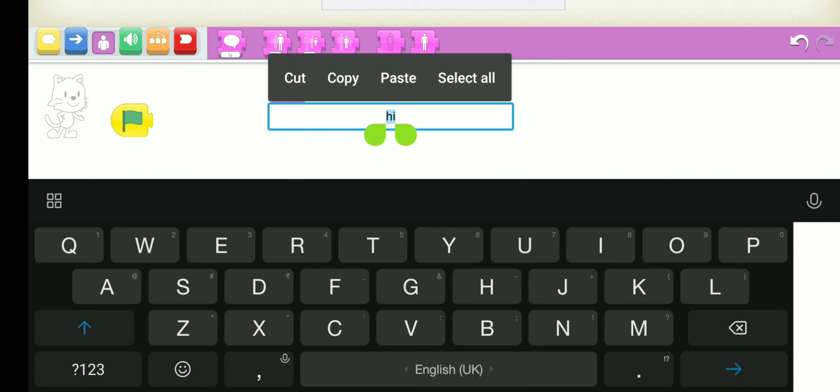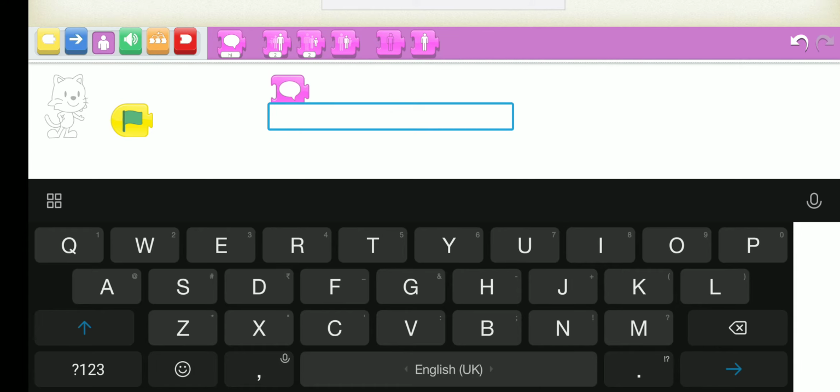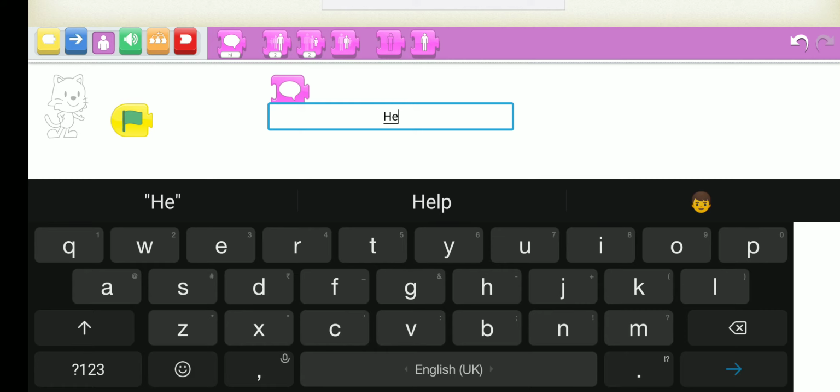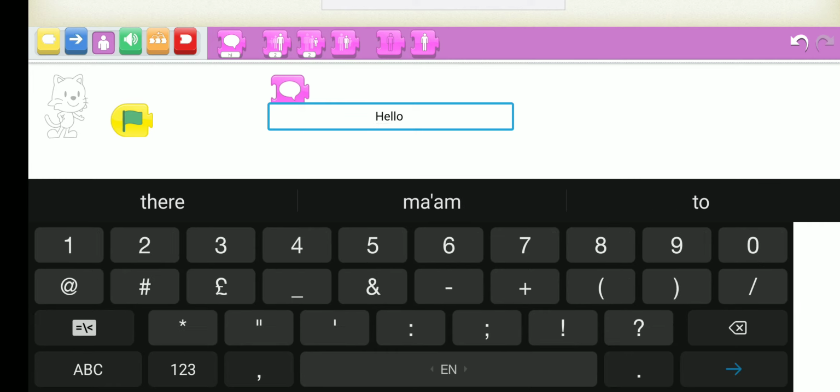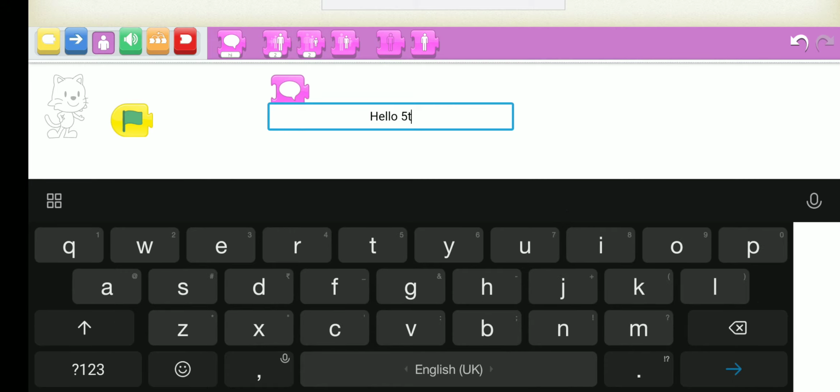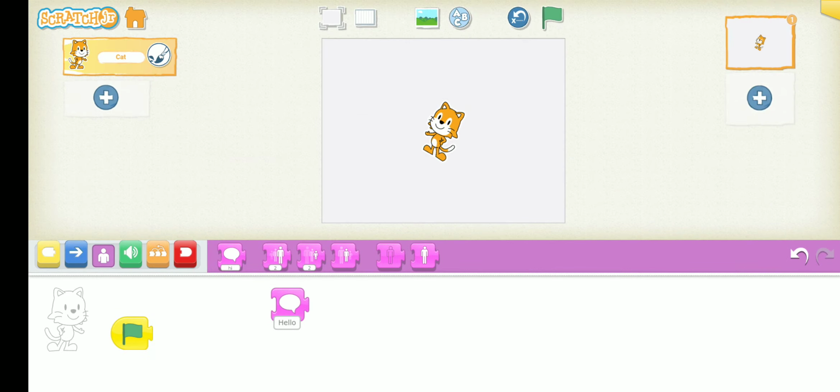After clicking on it, your keypad will start and you have to type your message. Suppose I am typing hello 5th standard. Hello 5th standard. So this is my message which I want to display.